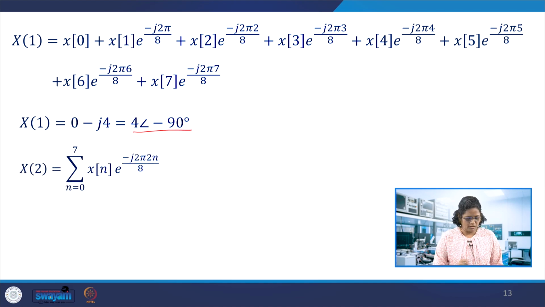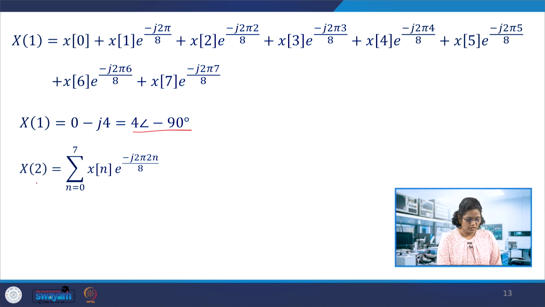So, it shows that the fundamental is present, which has a magnitude 4 and angle minus 90 degrees. We had a sine of 1000 hertz, that is 1 kilohertz, in the signal that we had taken, that is the fundamental. And it has the magnitude showing 4 and minus 90. Let us interpret how it becomes 4 and minus 90. The magnitude that we have taken is 1, in the sine 2 pi 1000 t, and there is no phase in the sine case. So, what is the DFT giving here?